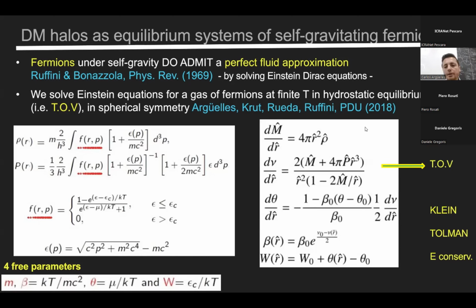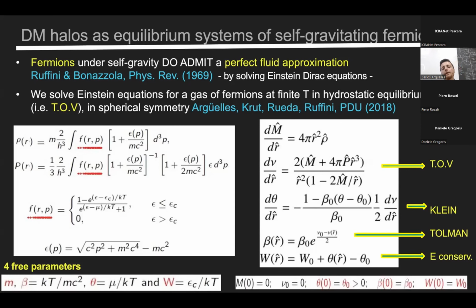The only 2 relevant equations are the above 2 equations in the panel on the right. So the mass equation and the TOV equation are coupled with Klein, Tolman, and energy conservation, which are the last 3 equations. And therefore, the challenge now, once we have this coupled system of highly nonlinear ordinary differential equations, is to solve